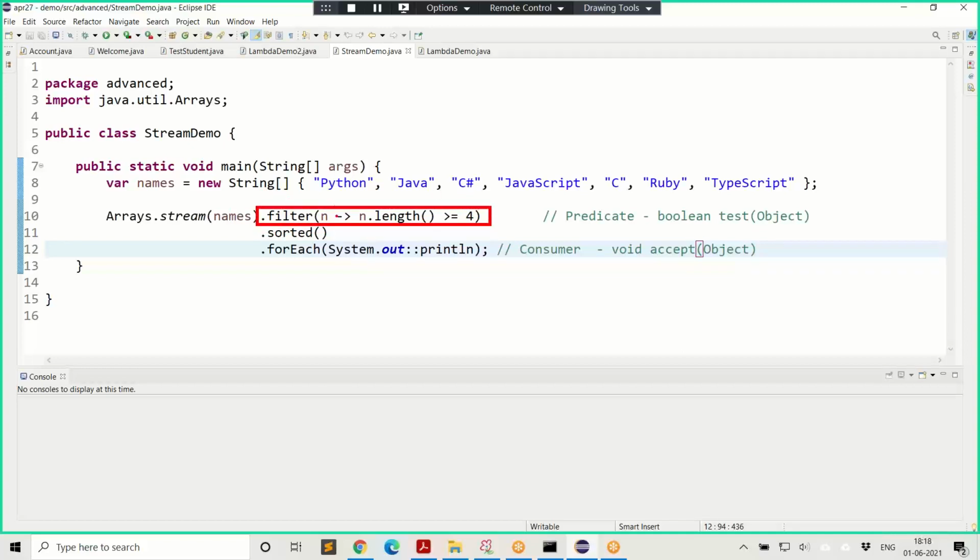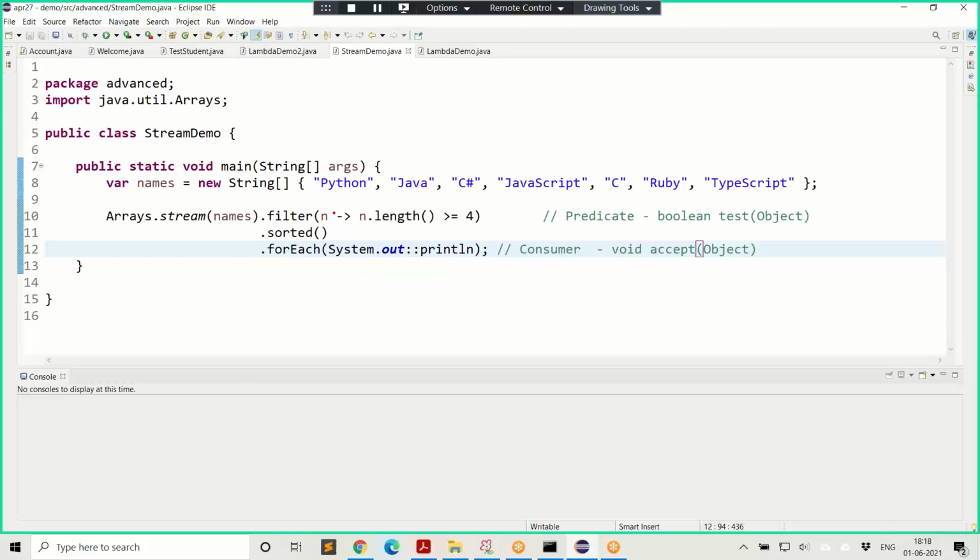The filter operation is saying it is going to select only those names where the length is greater than or equal to 4. This is where we are using lambda. Well, in case you are not comfortable with lambda, you need to first understand lambda.